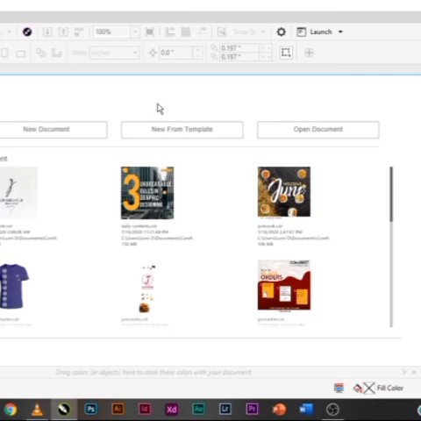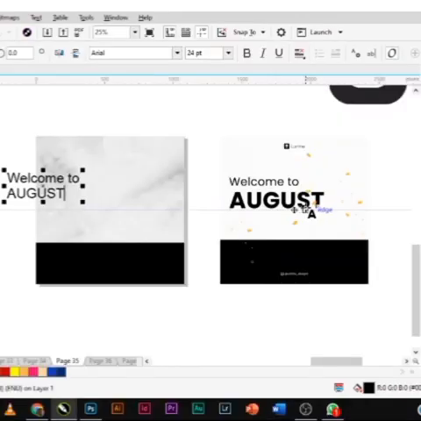Okay, so when you open your CorelDRAW, this is what you see. You have the welcome page. You can create a new document or open an existing document. And if your Corel